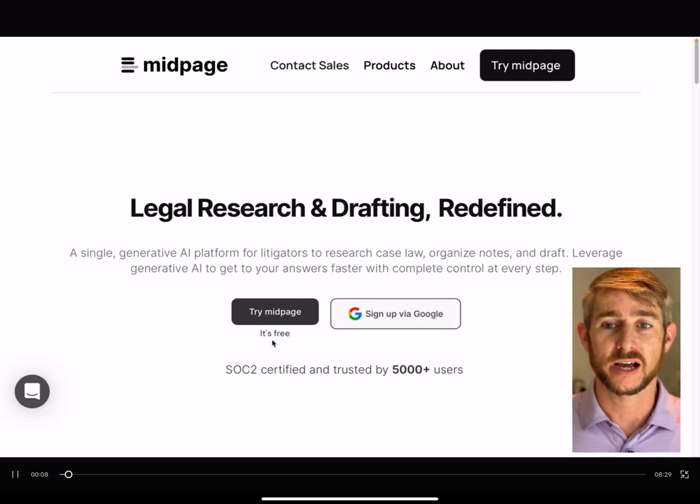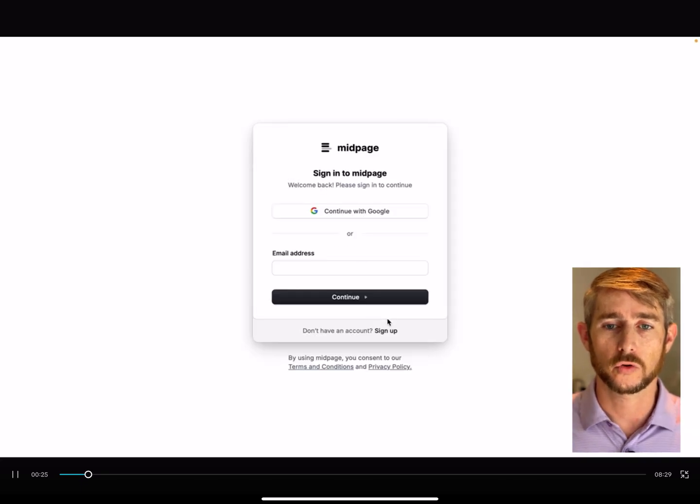Opening up Midpage, you can sign up here with Google or your email for free, which is the first feature that caught my attention. They're in beta mode right now, which means solo attorneys like me and small firms have an opportunity to access an AI legal research tool today for free, when all the other options on the market can be extremely costly and require a subscription. Just click on the Google button or use your email to sign up, and you're ready to start testing out